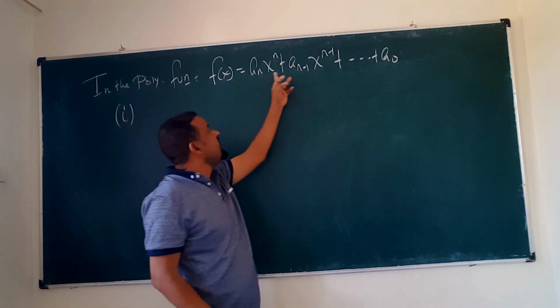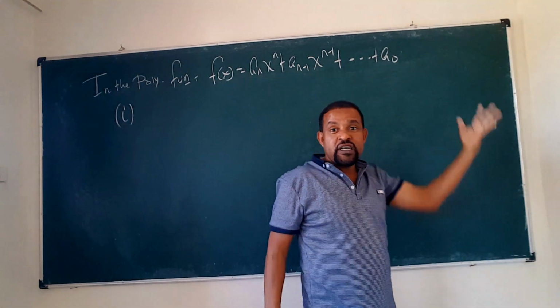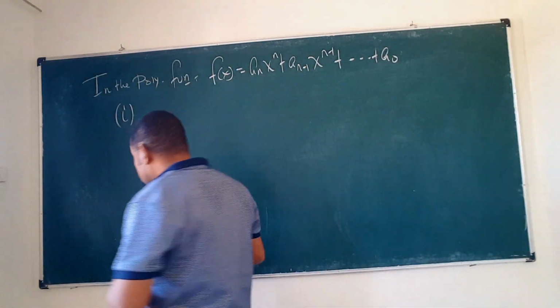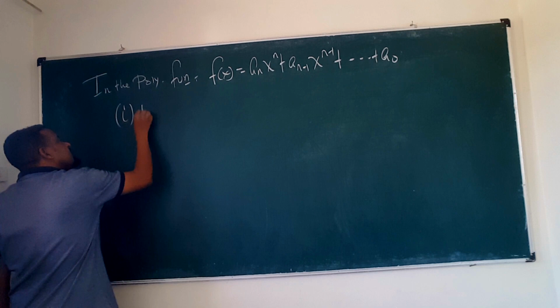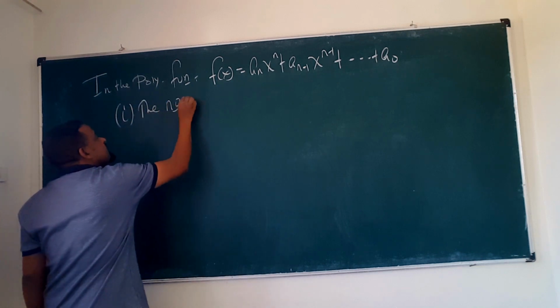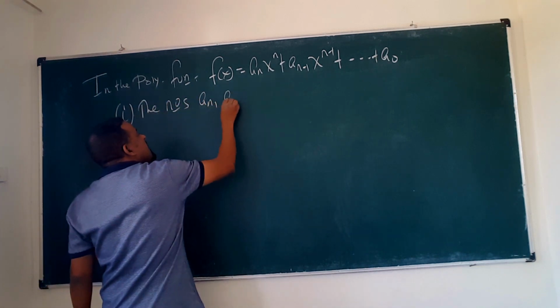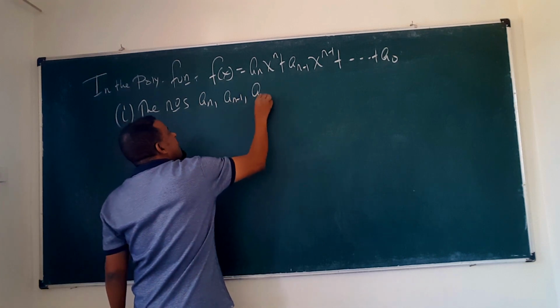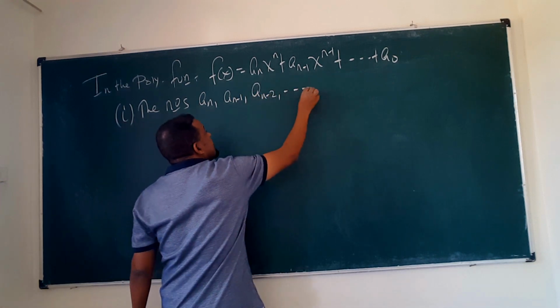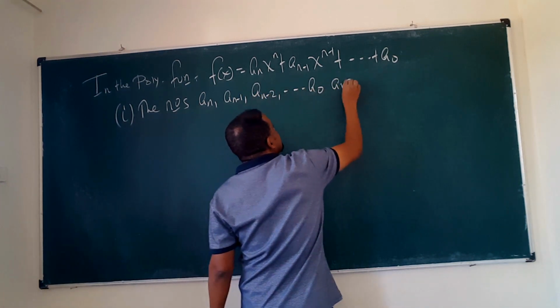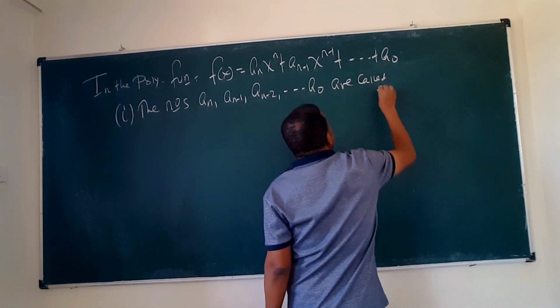The numbers a n, a n minus 1, a naught ከቫሪያብሉ በስተግራ በኩል ያሉት ቁጥሮች በመልቲፕሊኬሽን የተገናኙት of course the numbers which numbers look this a n minus 1, a n minus 2 ይቀጥላሉ right እስከ a naught ድረስ are called ምን ተብለው ይጠራሉ